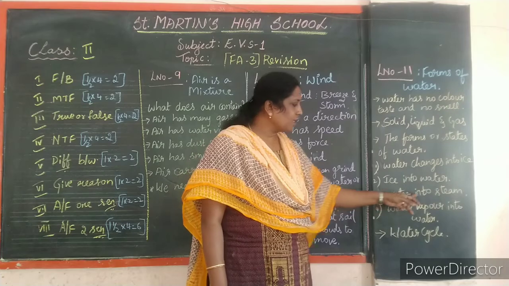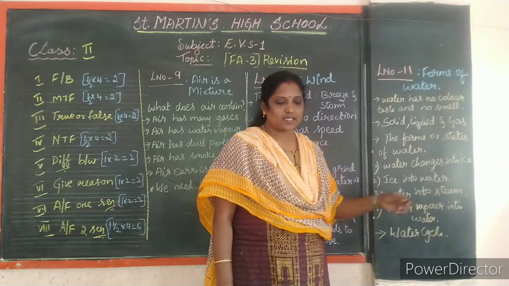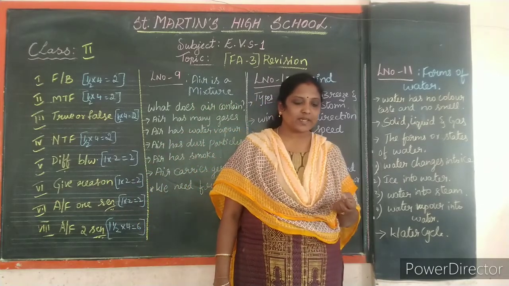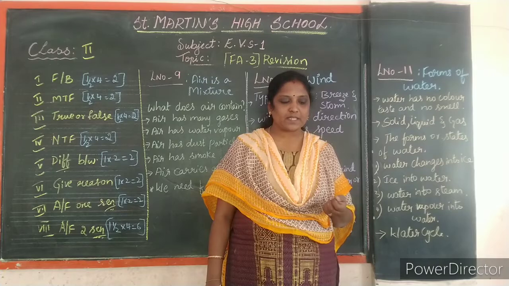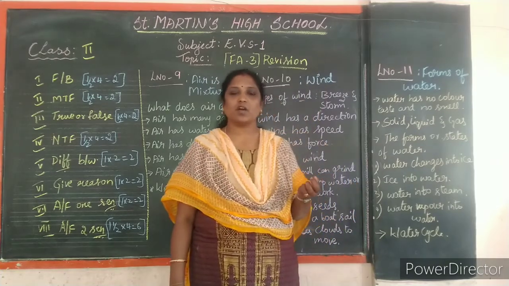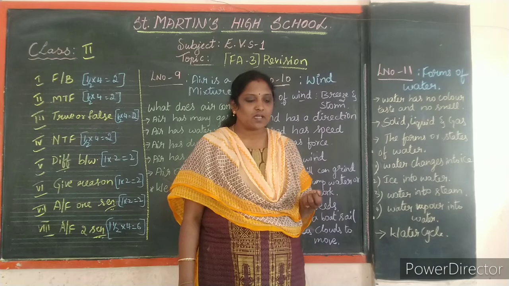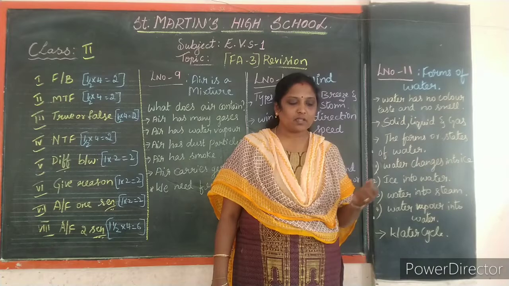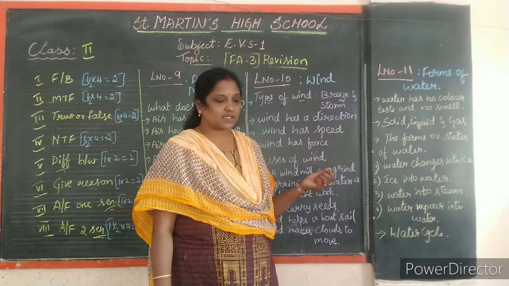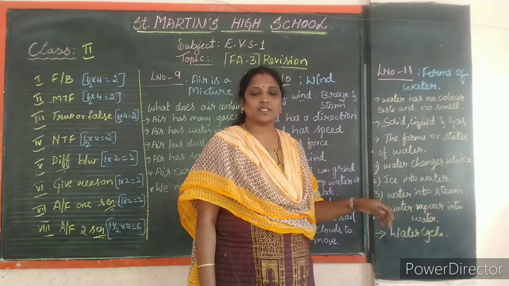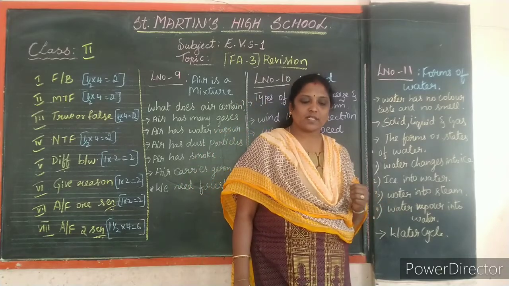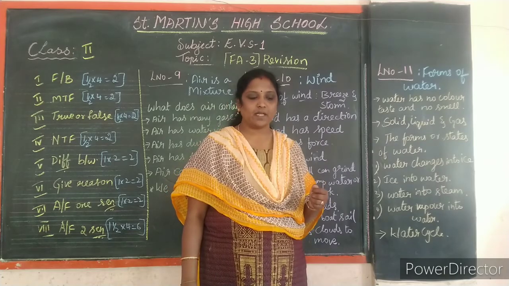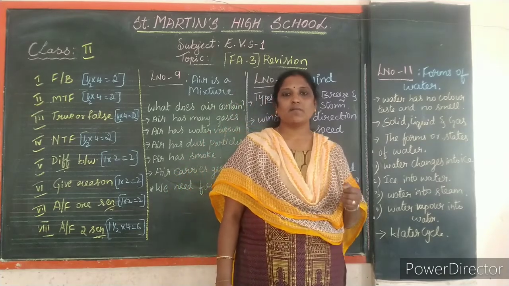And next, water into steam. How? Take some water in a kettle and ask an adult to put the kettle on a fire. Observe what happens. Here you see the steam coming out of the kettle. So when water is heated, it turns into steam. We call it water vapor. So this process is called what? Evaporation. What does evaporation mean? When water is heated, it turns into steam. We call it water vapor, and this process is called evaporation.